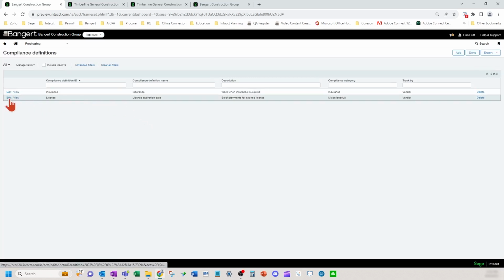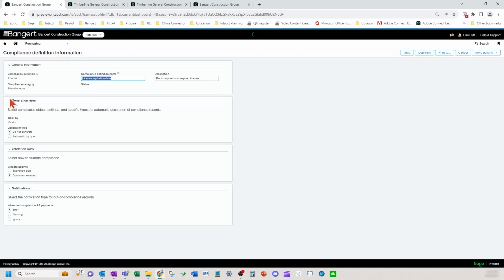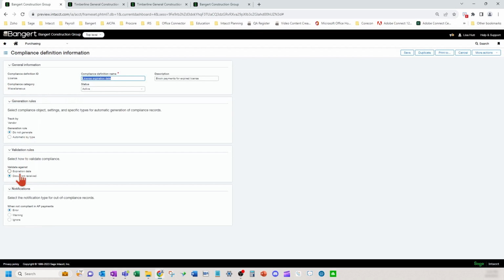The license here is another compliance definition that has the miscellaneous category. And you have a document received validation against this one, and we're going to say, give us an error and not let us process through when we do the accounts payable for that specific vendor.